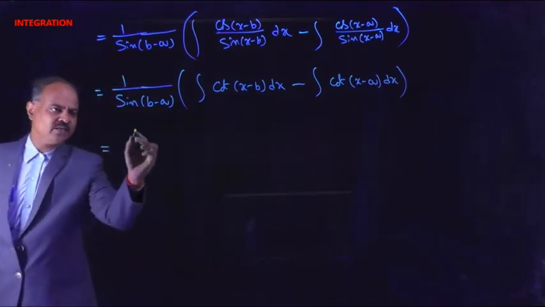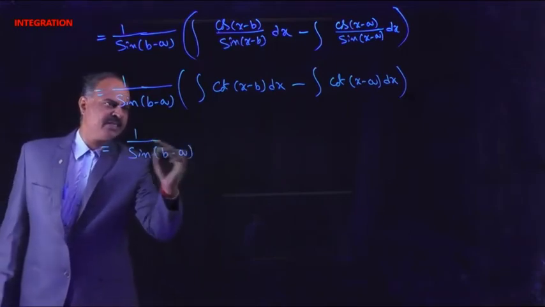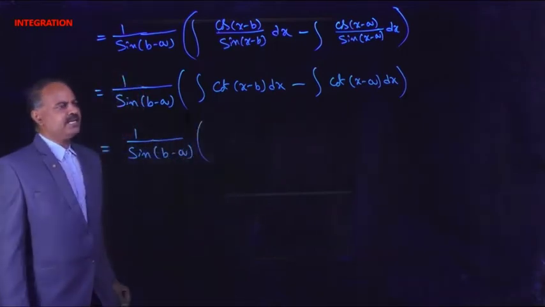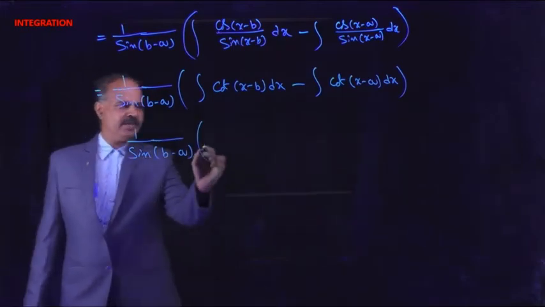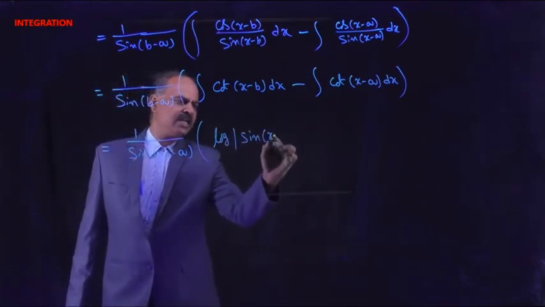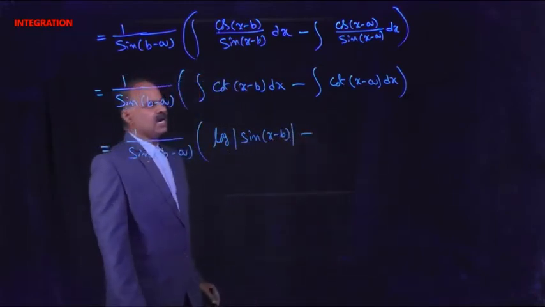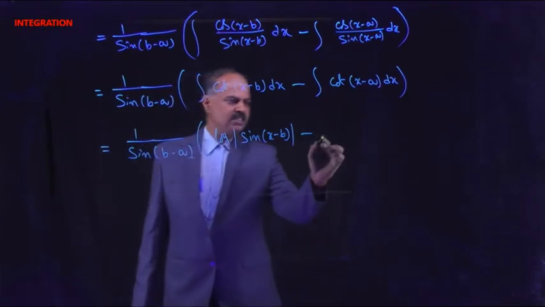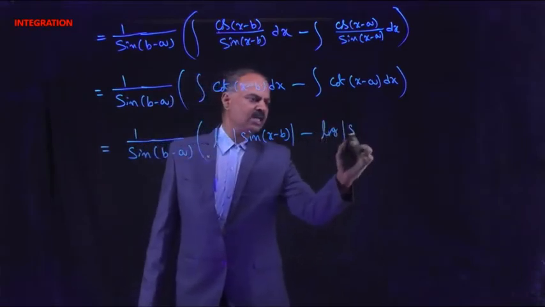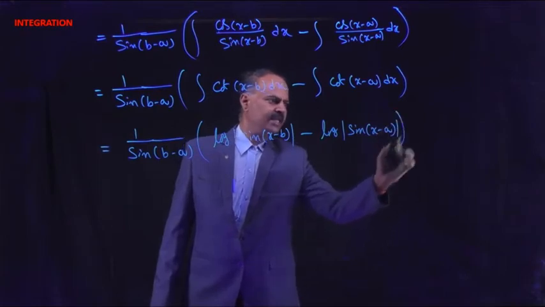So here that is 1 by sin(b minus a) into integral cot(x minus b) equals log modulus of sin(x minus b) minus integral cot(x minus a), which equals log modulus of sin(x minus a)